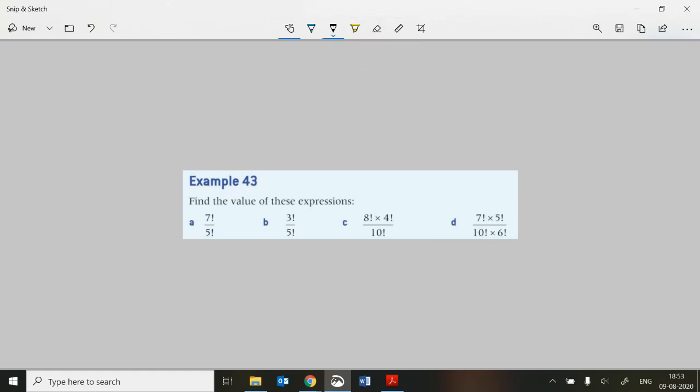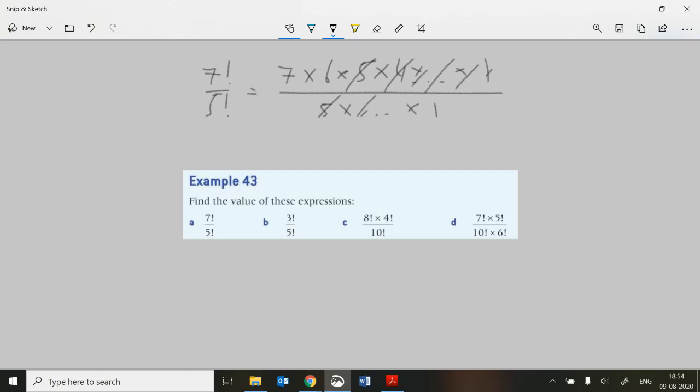Okay, right. So let's have a look at example 43. So it says find values for these expressions. Now, if we don't have a calculator to use, then 7 factorial divided by 5 factorial is the same as 7 times 6 times 5 times 4, and so on, all the way down to 1, dot, dot, dot in the middle there. And then we've got divided by 5 times all the way down to 1. And then obviously the 5 is going to cancel, and all of the other stuff here is going to cancel as well. We're just going to be left with 7 times 6,